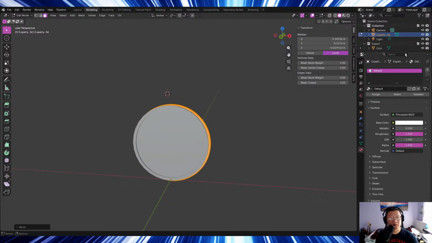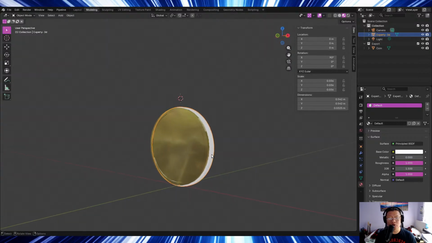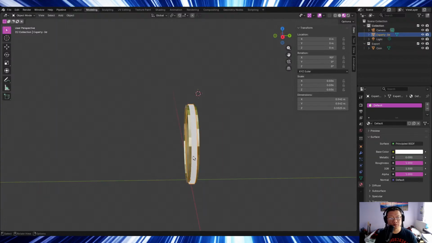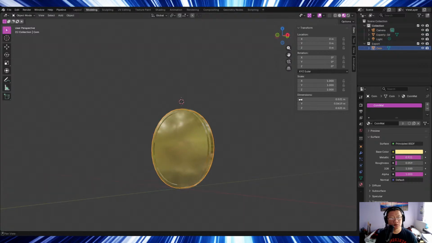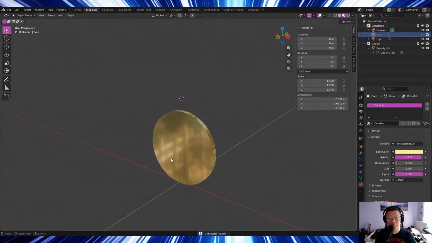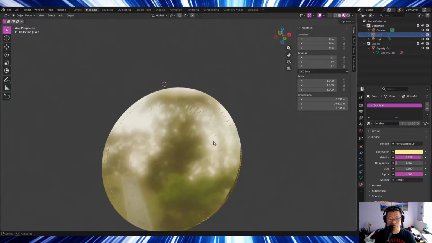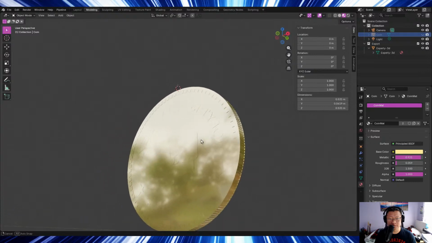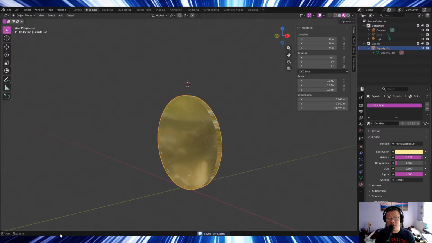Okay. Does it have any materials? Oh, it does. Oh, I don't have. No, this is my coin. This doesn't have any materials. I guess I can apply my coin material. So let's probably hide this. Okay. I don't know if these details are going to be shown. Maybe they will. I do not know. Let's save and